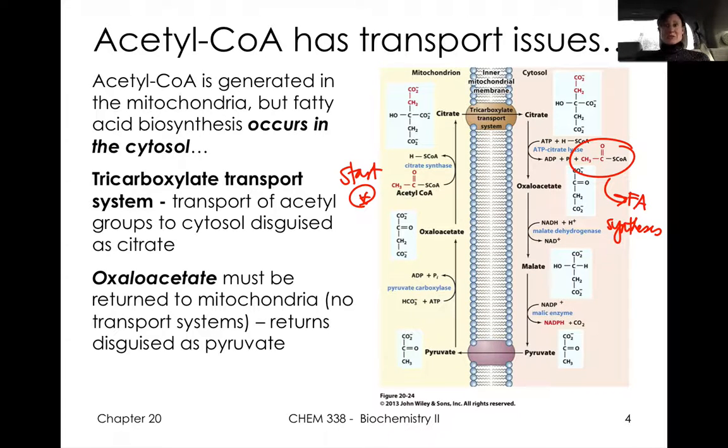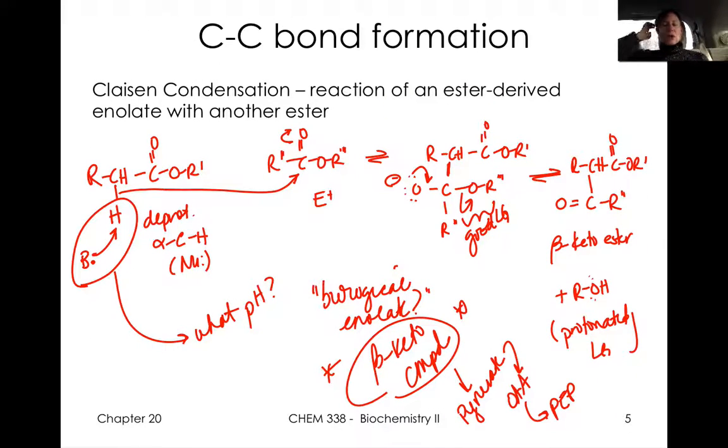Remembering that there's not any transport systems for oxaloacetate, we see the introduction of another transporter that we talked about in our gluconeogenesis chapter, that there are transporters for pyruvate. Okay, not going to go through a lot of details here because this will be part of our in-class activity,